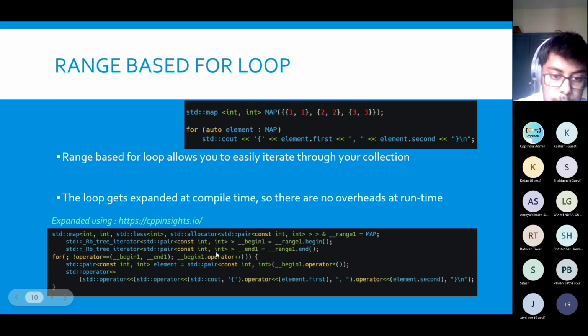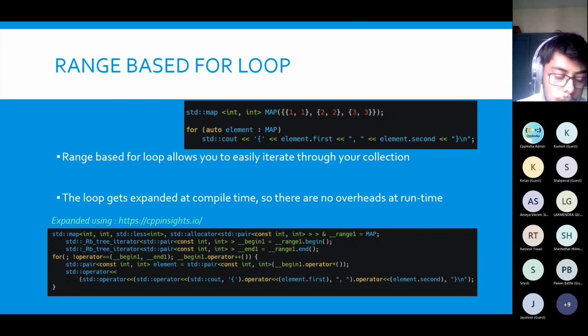This code gets expanded so that begin and end iterators are created, and then we check whether the begin and end iterators are equal or not, and we keep moving the begin iterator, similar to what we used to do. Here we identify the element, and then we just print it out in the for loop.